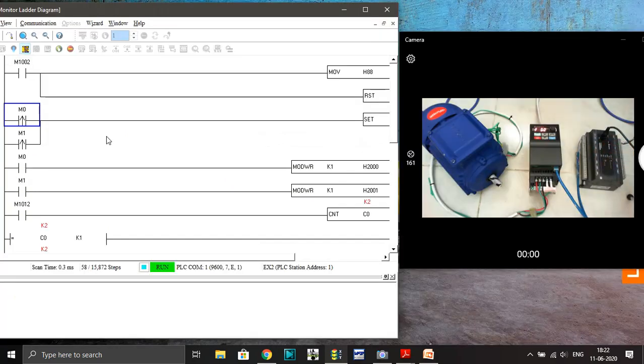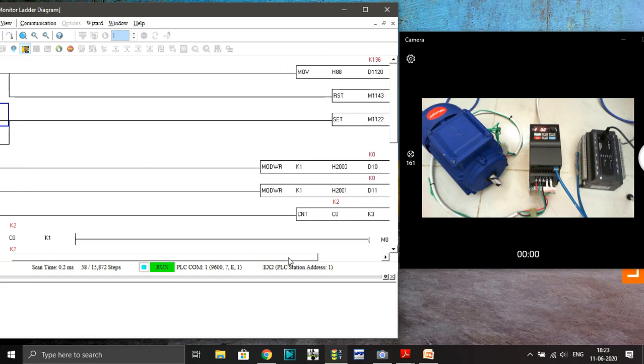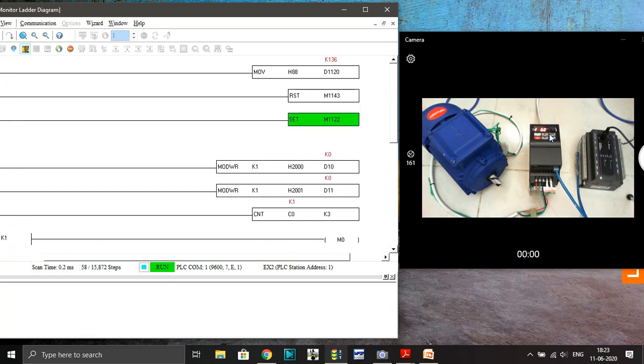And now I put my PLC on run. So now you can see our counter sequence is generating pulses for our instruction. Okay, here the counter is running, and each pulse is also sending a request. Right now the frequency is at 0.